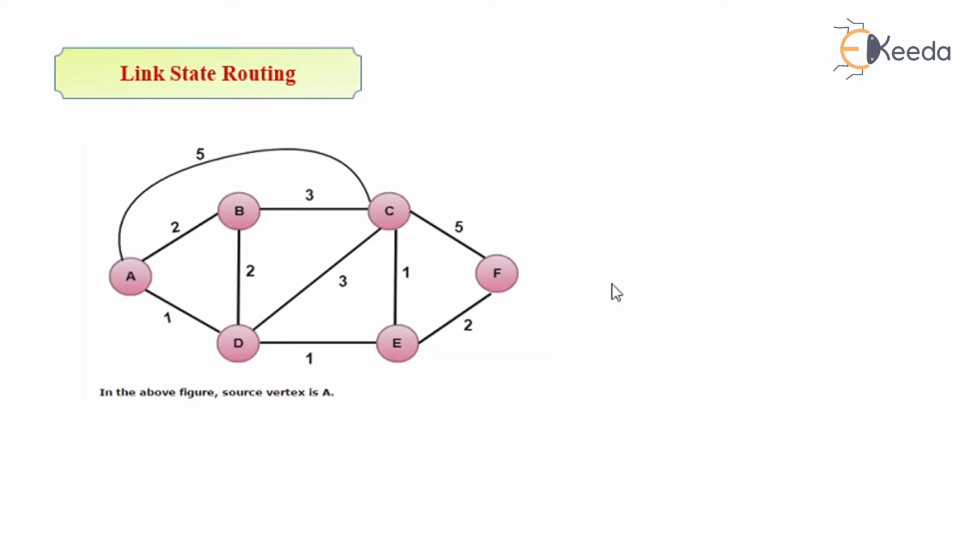Looking at this diagram, if a transmission is required from A to B, the cost is 2, and when it reaches B, the previous node was A. For the second example, if a segment is supposed to reach from A to C, the cost is 2 plus 3, which is 5, and the immediately previous node is B. Now there is one more twist: there are two channels here with the same cost. So from A to C, it is 5 and the previous node is either B or A.